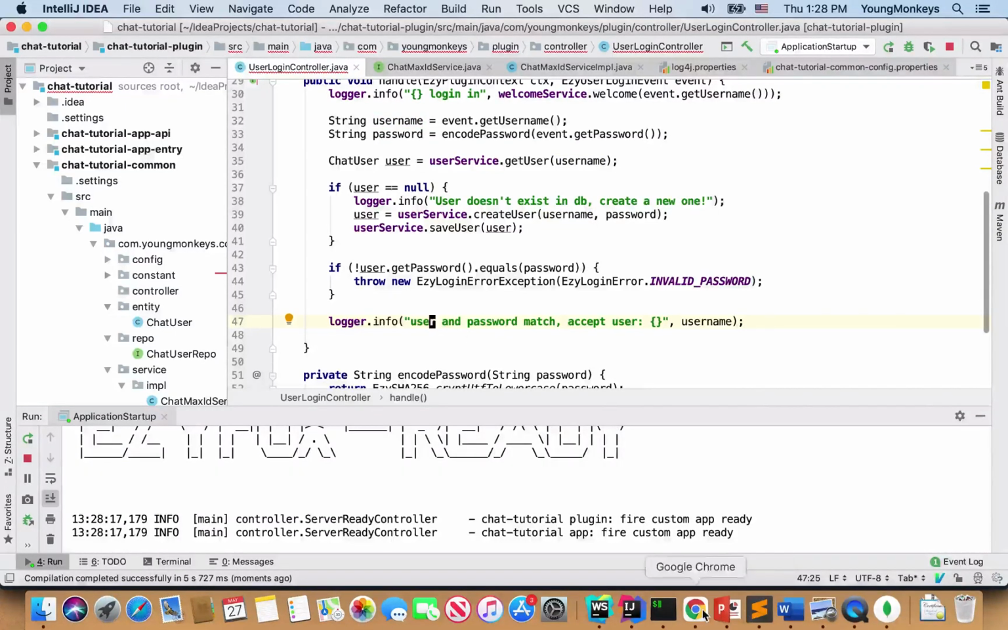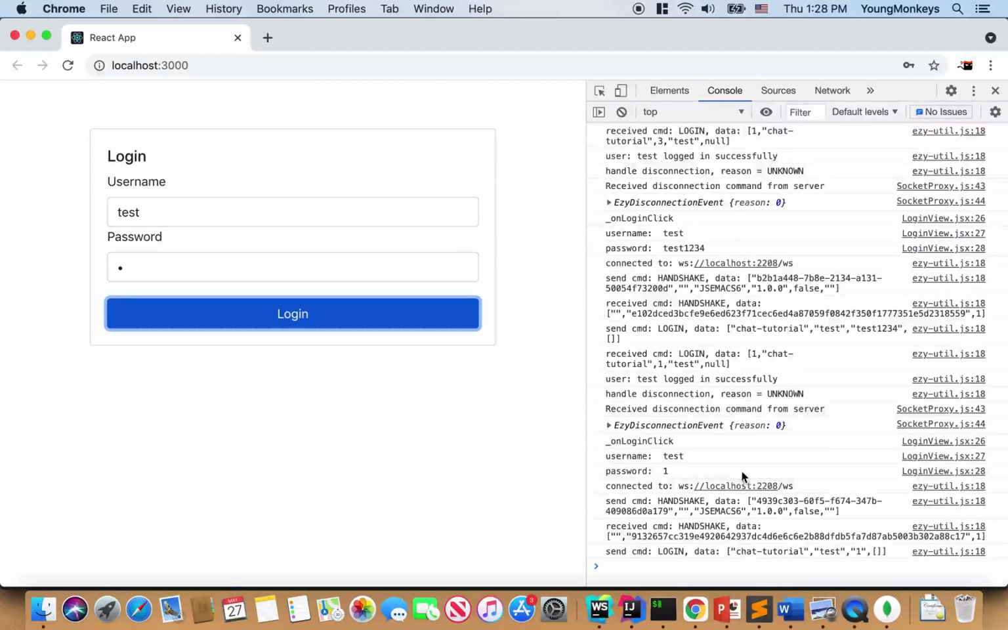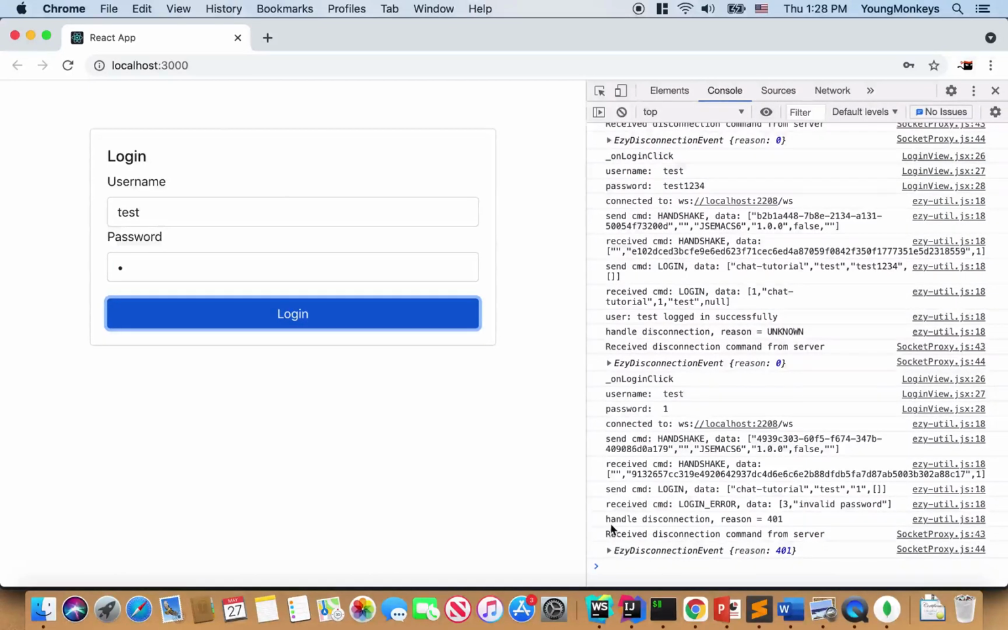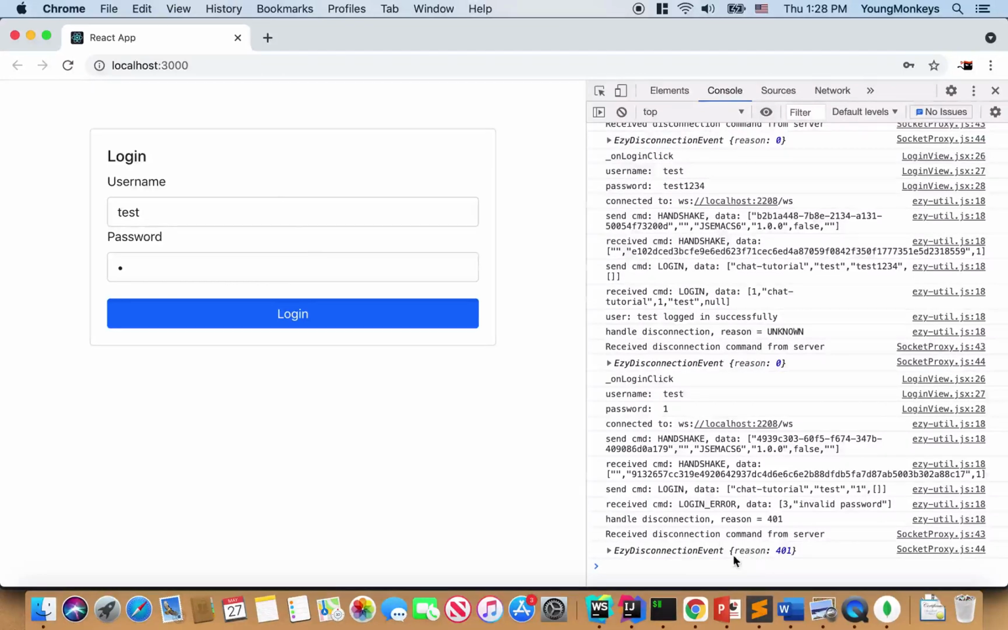Okay, let's try again. This time I'm trying to input the password as 1, so I know that it is an incorrect password. Click on login. You can see here we received back a login error event with the string invalid password. Yes, that's what we expected. And yes, it also provides me with a reason for a 1. Okay,